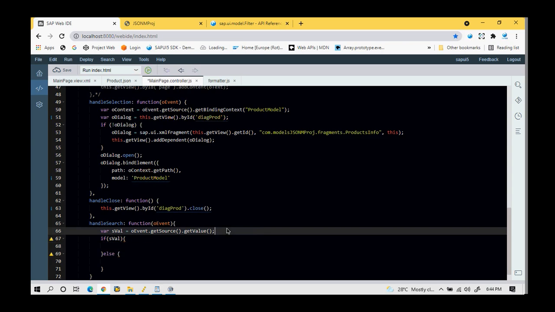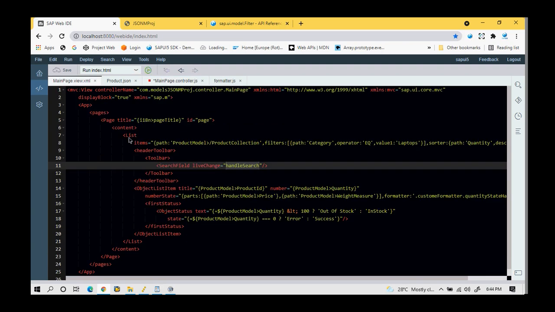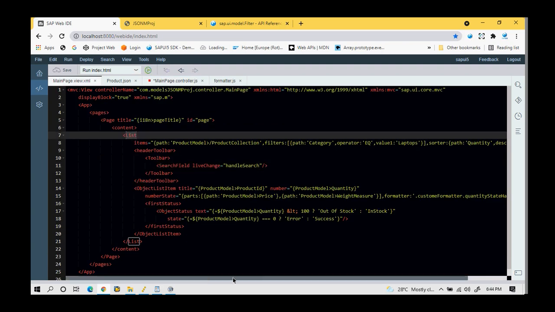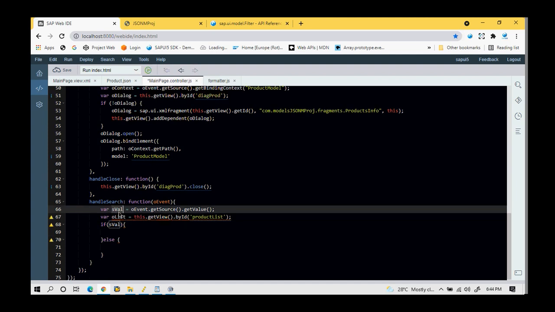Now, first I also need the ID of the list control, because we are doing this filtration operation on the list control. That's why I declared an ID for this list. I'll write productList. This is the ID that I have defined for the list control. So now I'll get this value here, oList equal to productList. Now I have the list control and